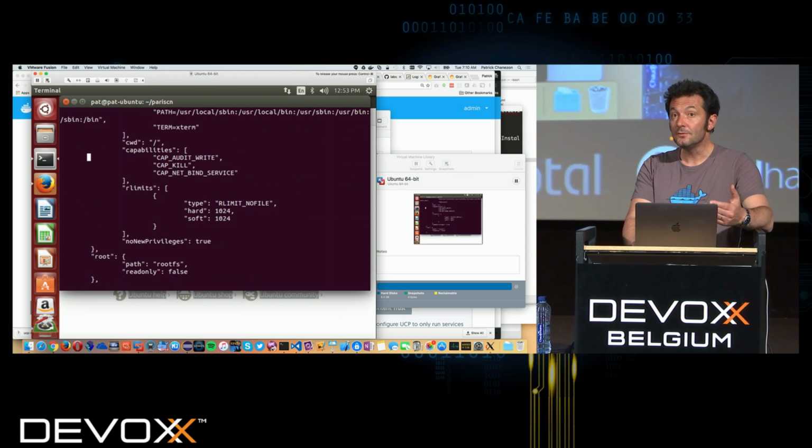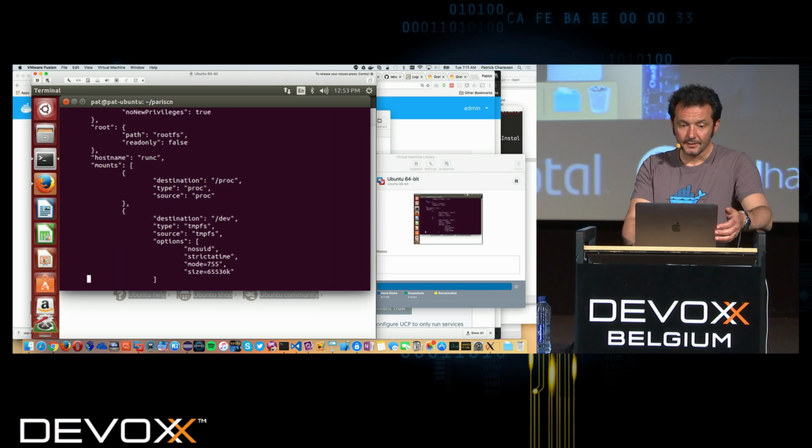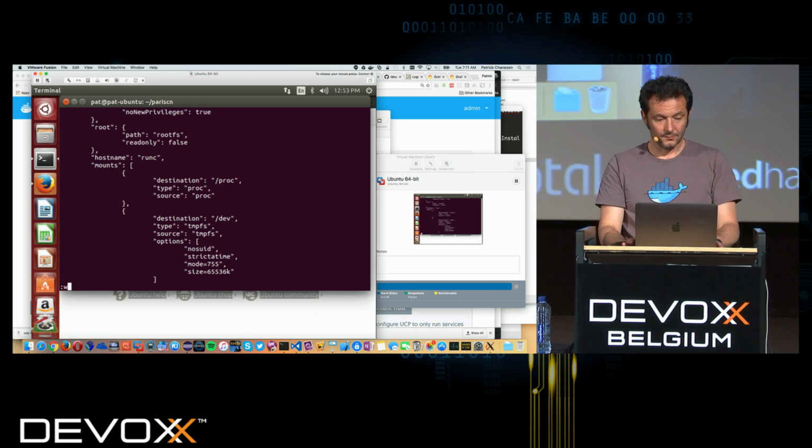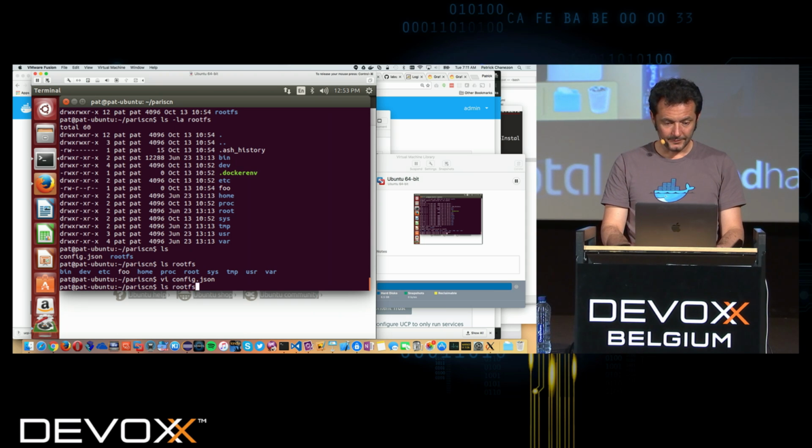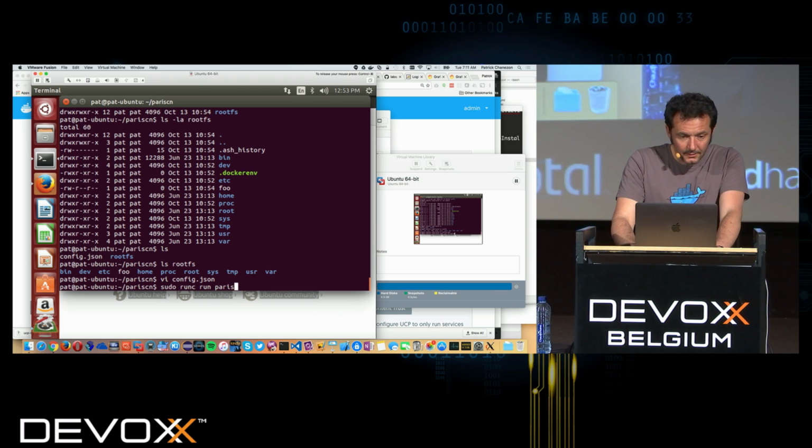So here I can remove or add capabilities to my container. I can set some limits. I can specify whether it's read-only or not.